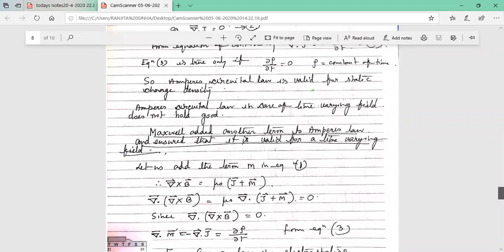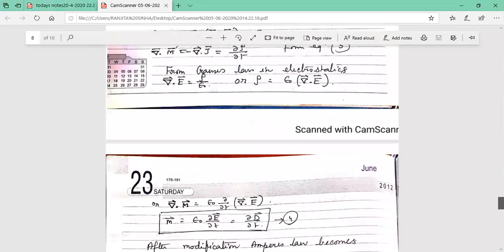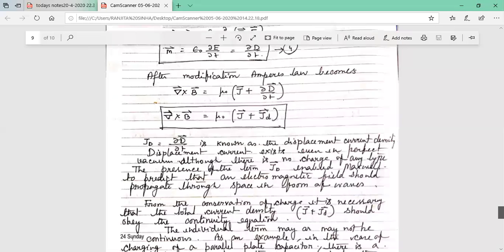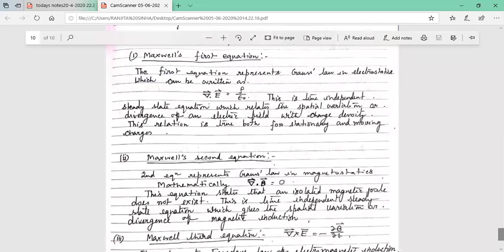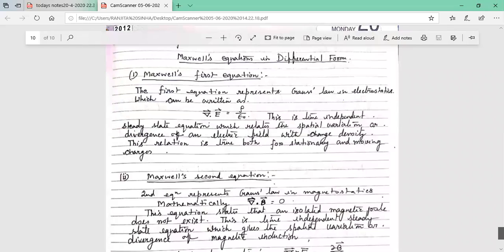Then Gauss's law I will also discuss very briefly, and divergence of B also briefly, so that we prove all these equations. The type of question given is: write down Maxwell's equations in differential form and write down the significance of that, and also write down Maxwell's equations in integral form and write down the significance of this. In this way it is given.